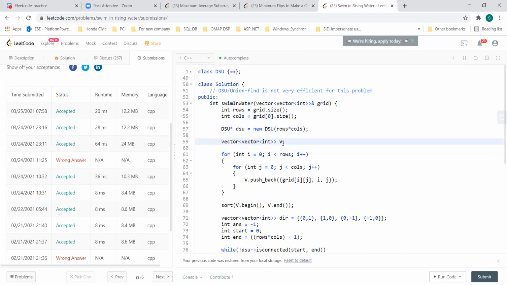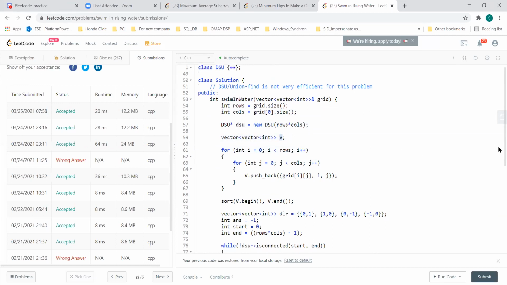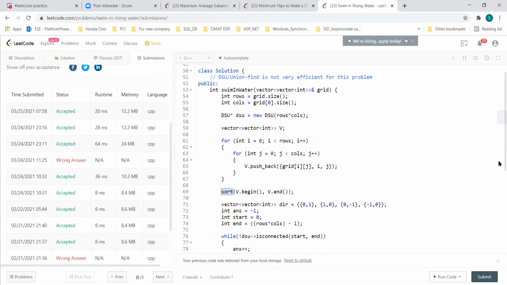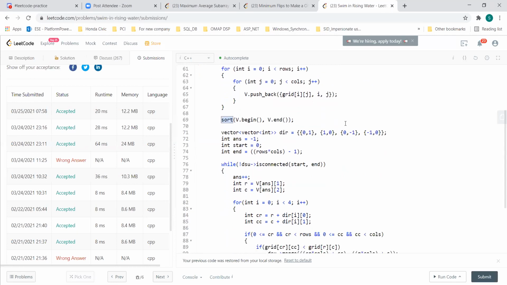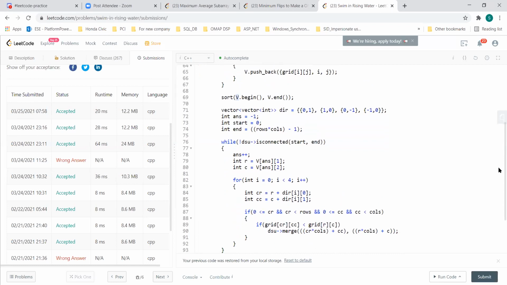And then I have to do some additional things also here. That is what I think is not so efficient. You have to actually sort all these grid values. So you put them in an array, the grid value along with its coordinate, and then you sort them, so you'll have an ascending order, right? Instead of using the priority queue which was doing all this job, this is something additional we have to do here. And now this array is what we will be traversing for the DSU.